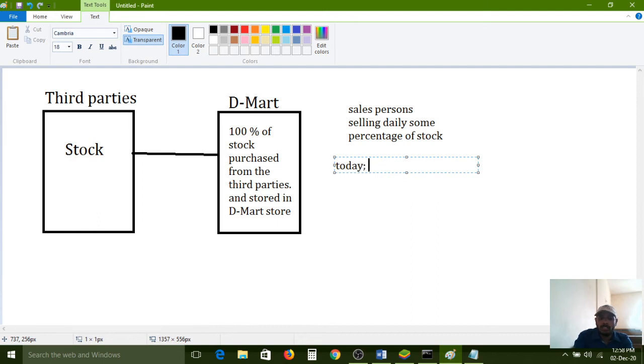Today 10% sold, tomorrow 20%, the day after tomorrow 20%. Like that, 50% total. 50% of the stock is over.